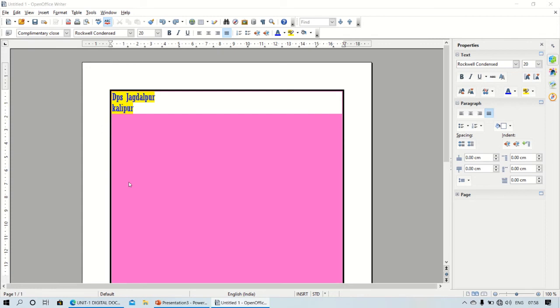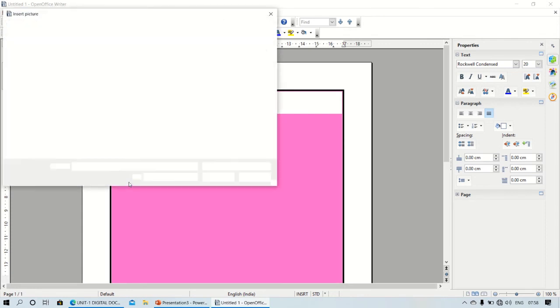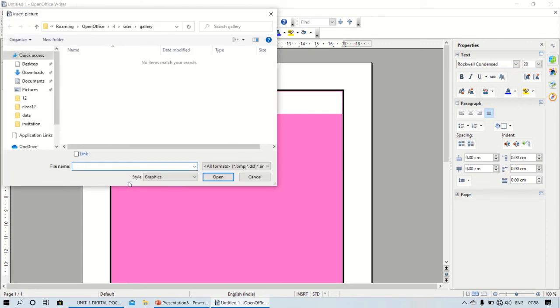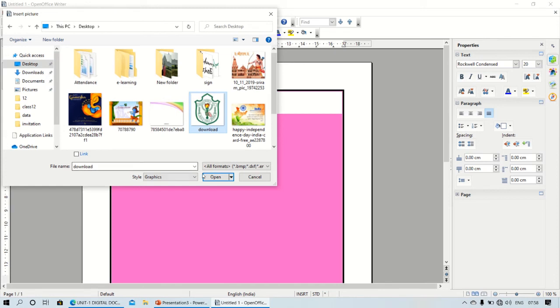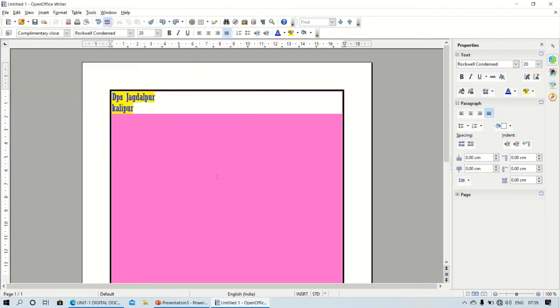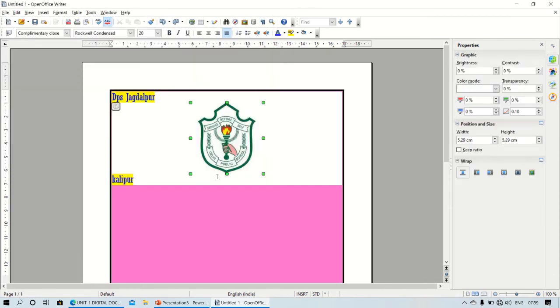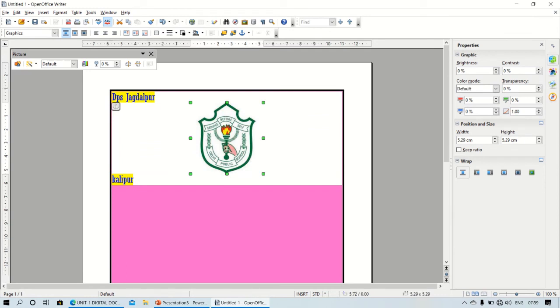So from file, the dialog box will open. Like my file is available on the desktop, so I'll click on desktop, and then I need to select whatever image I want. Like see this logo I want, so just click on open. So you can see that the image is available.